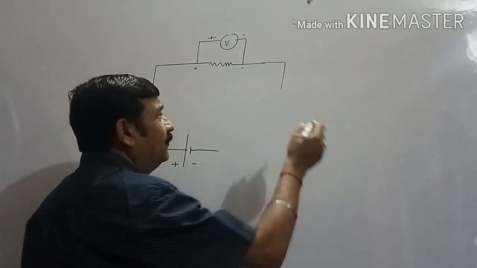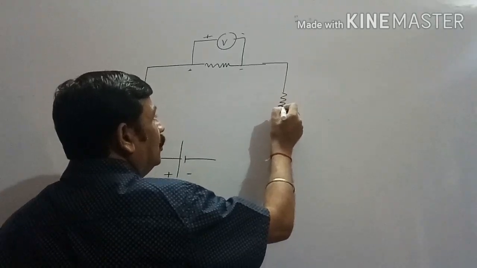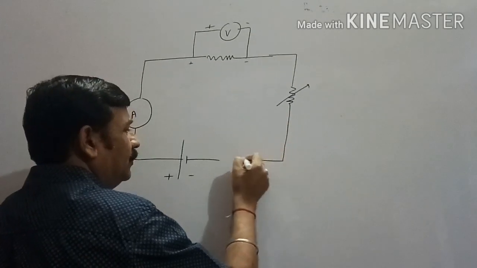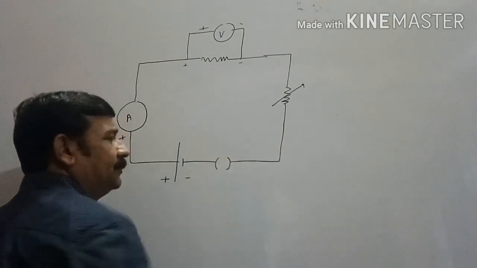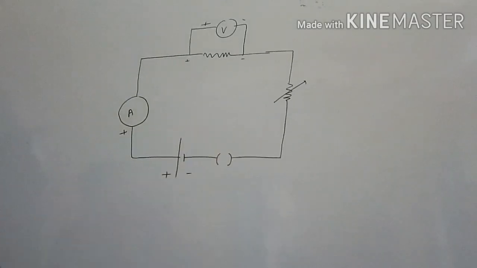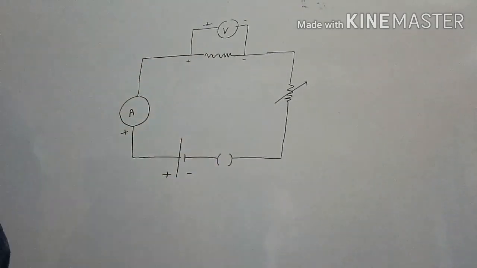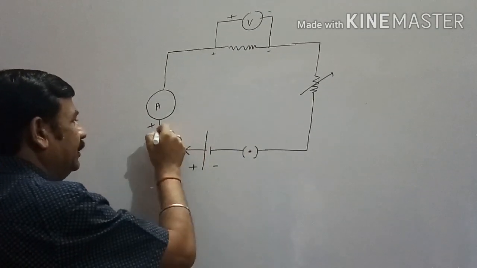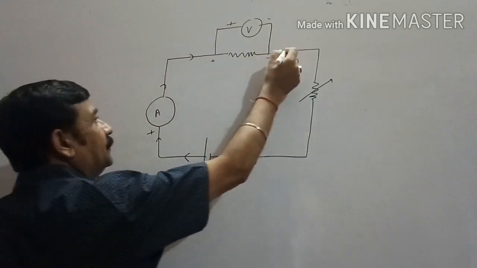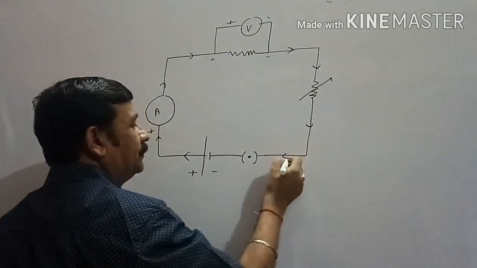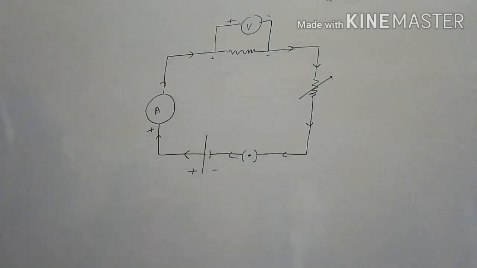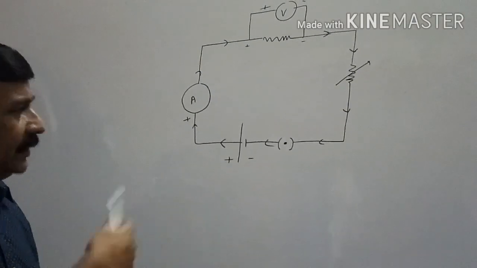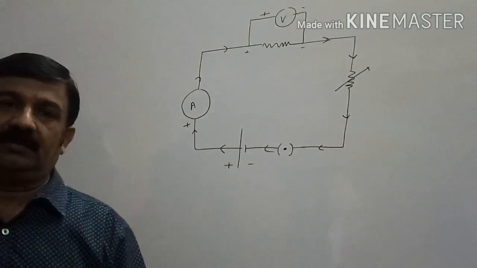If the circuit consists of a variable resistor also, we can connect a variable resistor. If it is not present, then no problem, remove it. Then a key. At this moment key is open, so there will be no current in the circuit. But as we close the key, current starts flowing in the circuit like this. It is the direction of flow of current, because in my first or second video lecture we discussed why current direction is taken opposite to the flow of electrons.